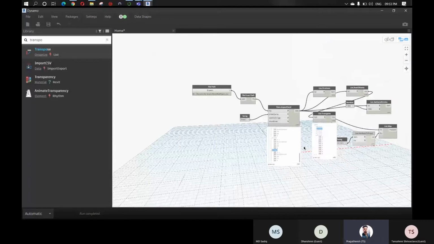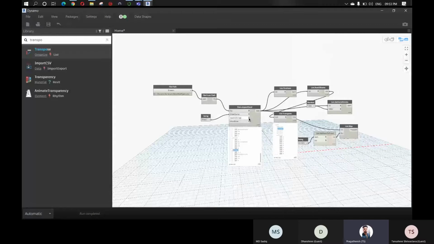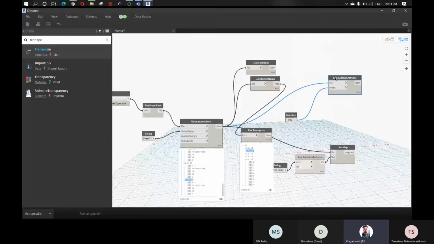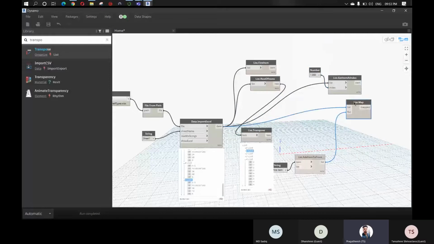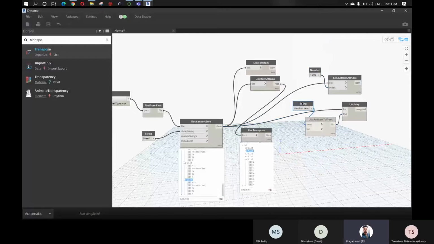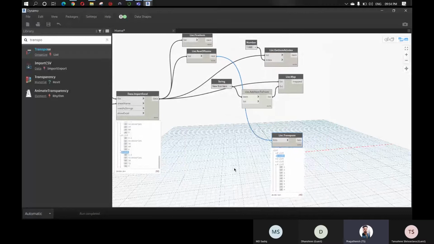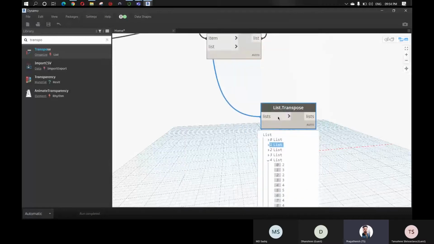Now we can go and see how to work with Excel data in Dynamo. Okay, so first let me arrange this properly. So we are going to work with this node, list.transpose.